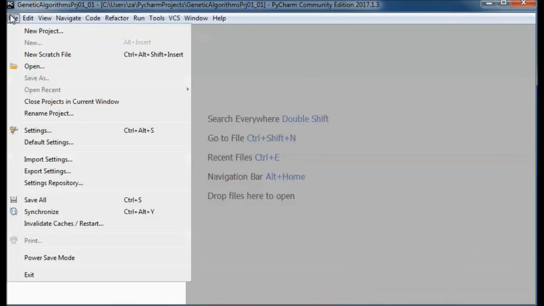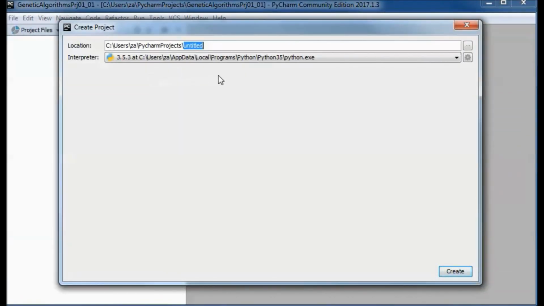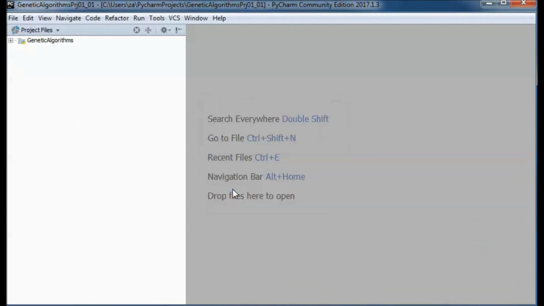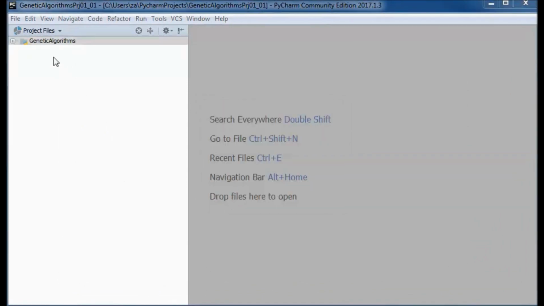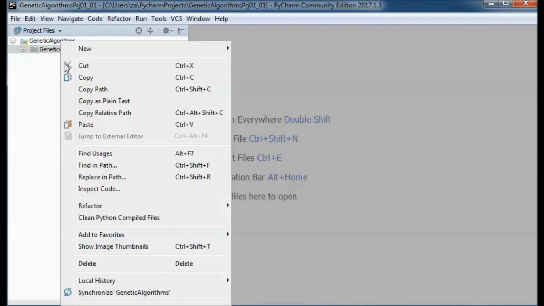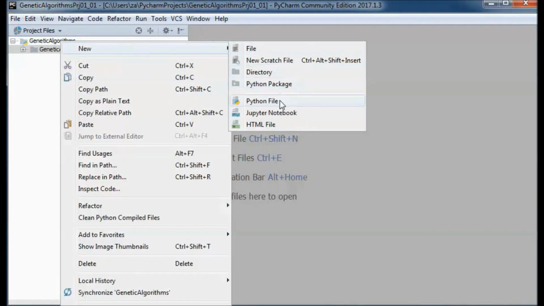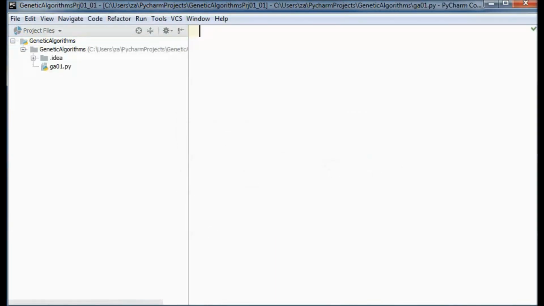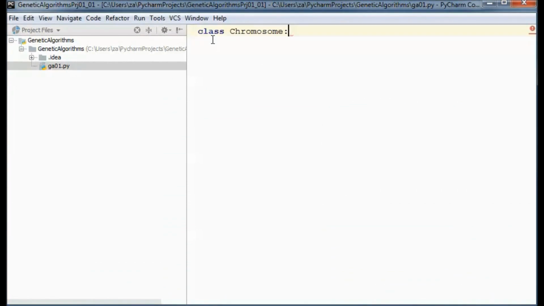I will start by creating a new project. And here I will create a new Python file. This would be for genetic algorithm project 01. And here we will have 3 classes.